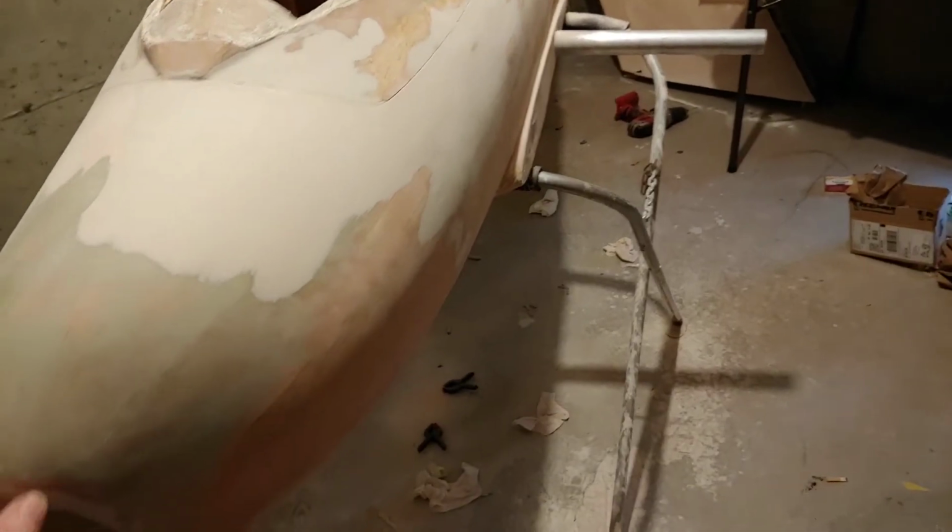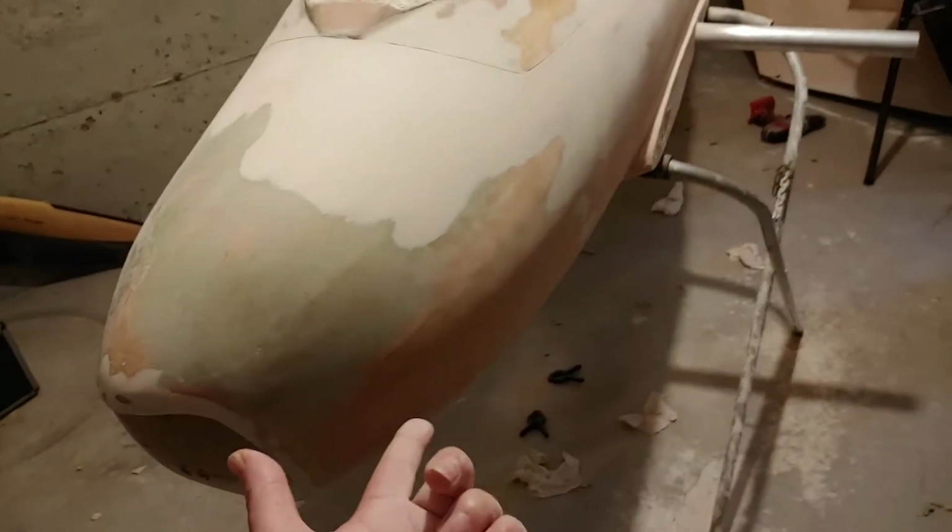And this is something that you cannot do if you use Duplicolor for primer, and that is popping a mold off the bottom of this. Now what I'm going to do here, the next plan on a lot of things, is to come underneath it. There'll probably be some stuff rattling around in there a little bit, but that's okay. Now what's going to happen here, guys, is, again, I'm doing filling. It's not a big deal. But anyway, once this is primered, and I get it kind of halfway blocked out,